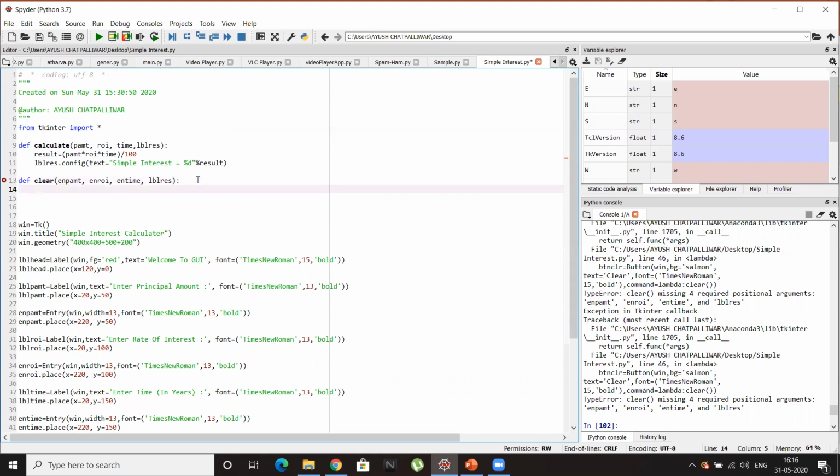Once I define the function, what I'll do with these attributes is take the first attribute, that is ENPAMT, which is the entry for our principal amount, and make it delete the content: enpamt dot delete.